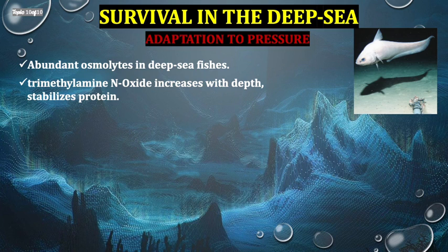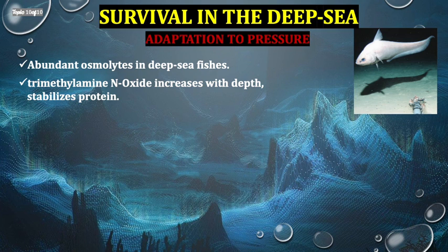Its main role is to prevent the distortion and compression of proteins and other important molecules in the fish body. Without it, with so much external pressure, the fish proteins and other vital molecules would be distorted and compressed, and it will cause a catastrophic consequence for a fish, which is